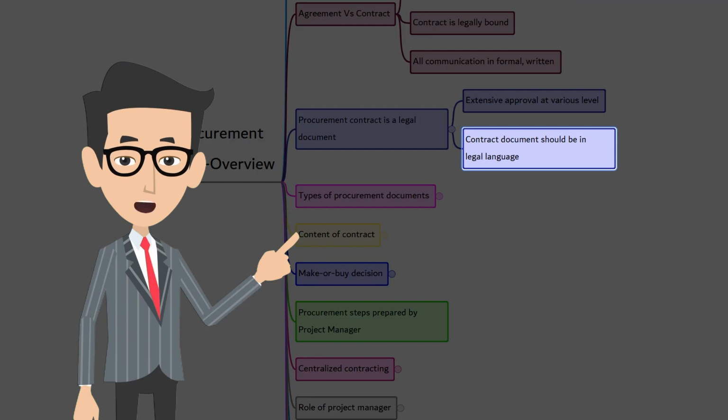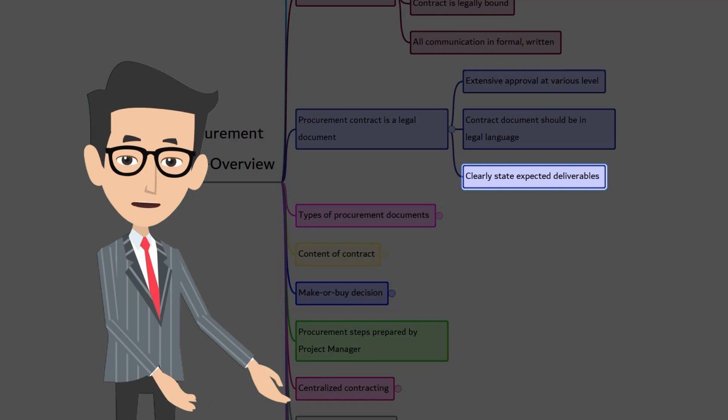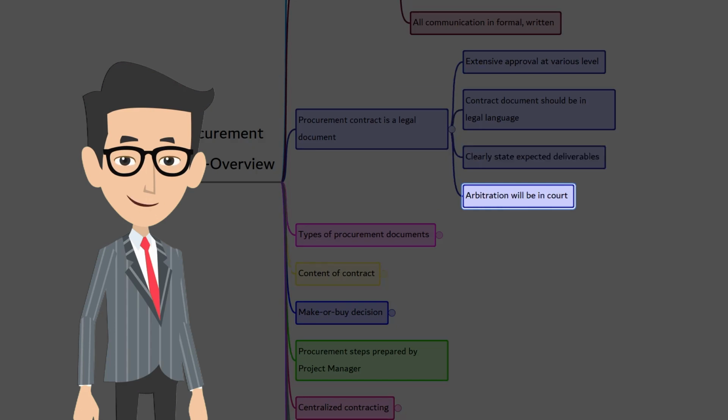The contract document should be written in legal languages. Contract should clearly state the deliverables and results expected, including any knowledge transfer from the seller to buyer. It should not be ambiguous. Remember, anything which is not there in the contract cannot be legally enforced. Since the contract is a legally binding document, failure on either side will be addressed and remedied legally in the court. In international contracting, the legal jurisdictions under which the contract will be administered are clearly spelled out in the